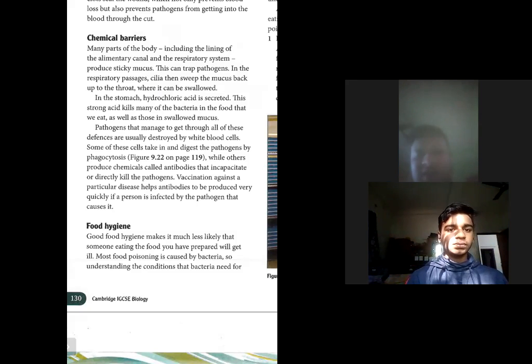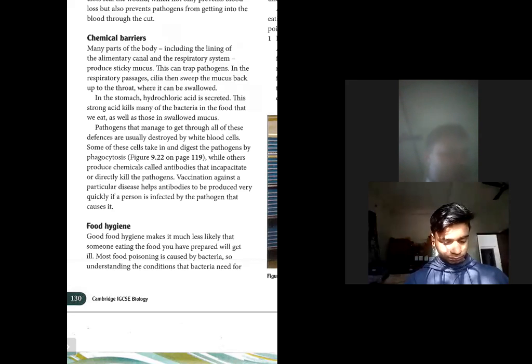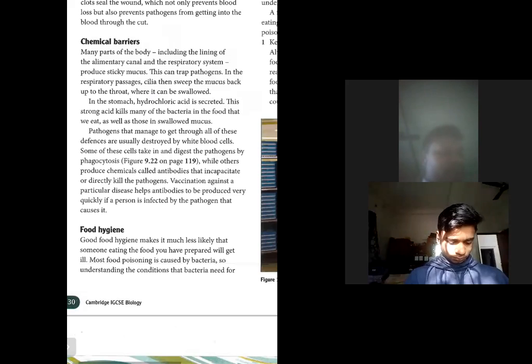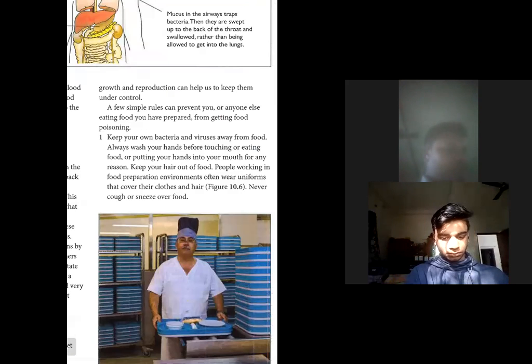So precaution is better than prevention. First of all, we will try so that the pathogens do not enter our body. For that, maintaining good hygiene is the best way. The first topic written here is food hygiene. You have seen before that foodborne and waterborne diseases exist, so the food that we are preparing for someone else must not get contaminated with pathogens. For that we must maintain food hygiene.